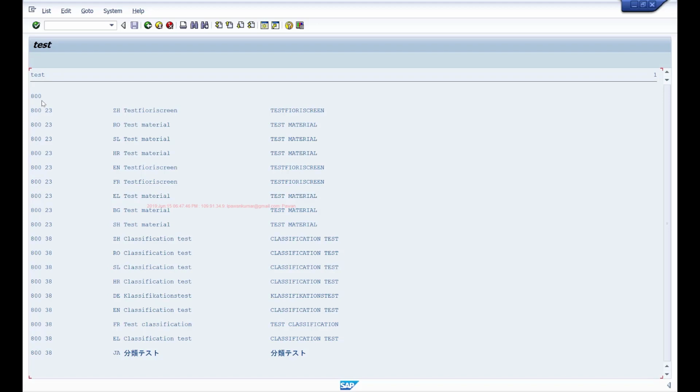So I can determine that the user has passed the table MAKT and this table has these fields and these are the data elements to which those fields are attached, and once I know the data element name, I can determine what is the short length maintained for that data type, and I can use that to print the column headings also dynamically. Okay, so I can determine these data types also dynamically by using this RTTI, which we'll be discussing in the next session.